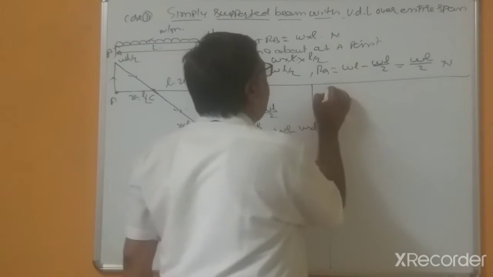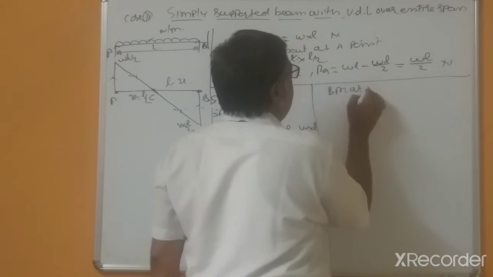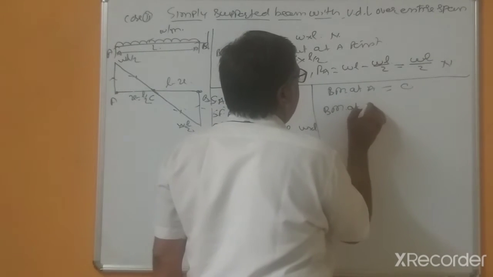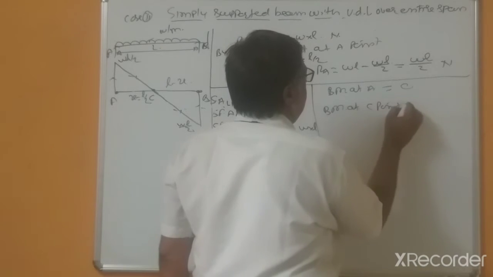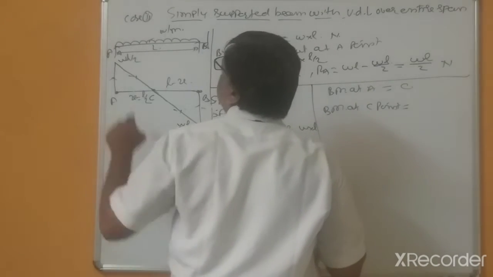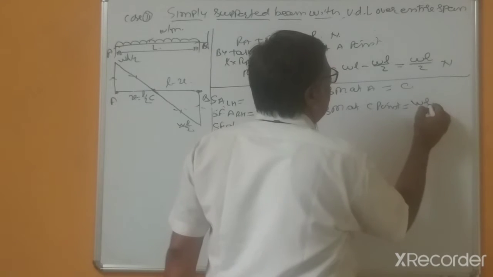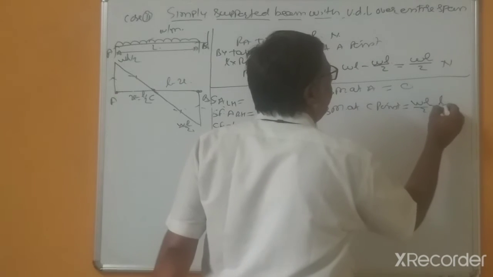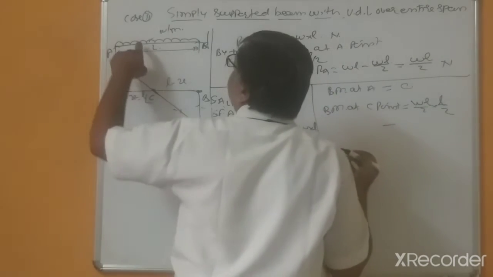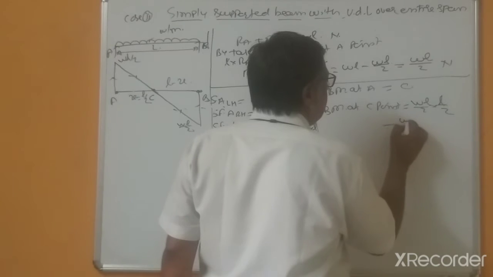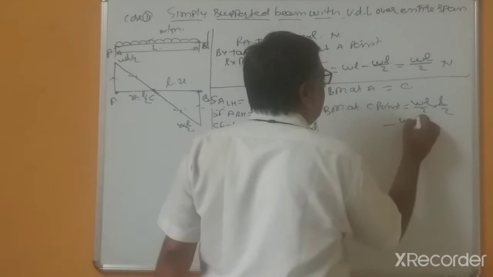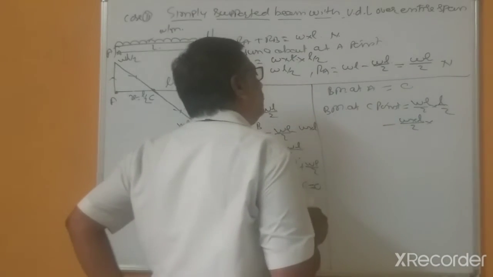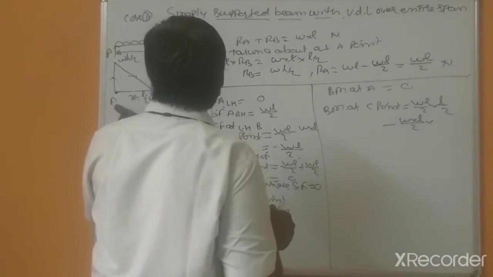Now bending moment at A point equals 0. Now bending moment at C point equals, now this WL by 2 multiplied by distance, this is L by 2, minus uniform distributed load W into distance L by 2, because this distance equals half,